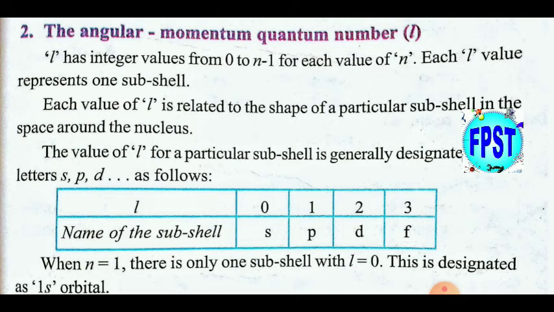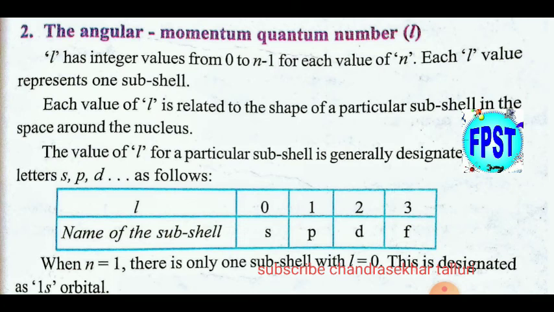I have introduced the elliptical shape and explained about it with a drawing, and I have explained about the major axis, minor axis and shape and with its foci also. So please refer to the previous videos in which I have explained about the elliptical paths. Okay, for the second shell there will be two values 0 and 1, that is S subshell, P subshell. P subshell is somewhat elliptical.